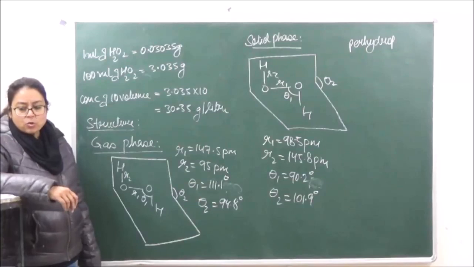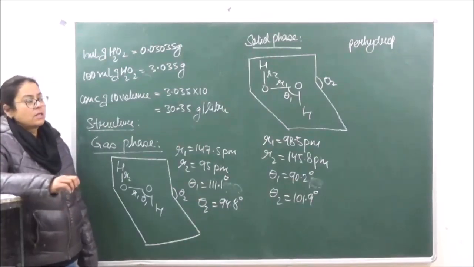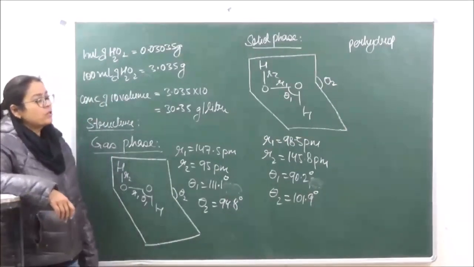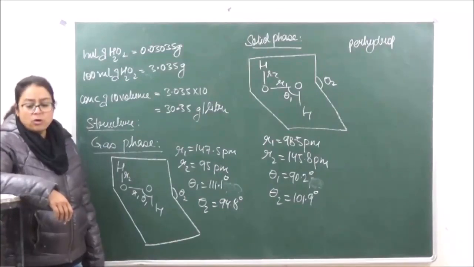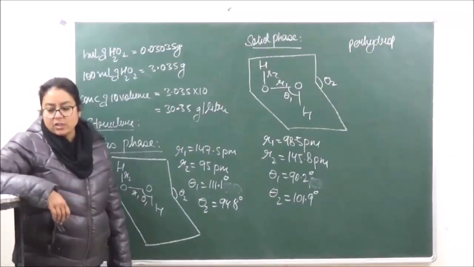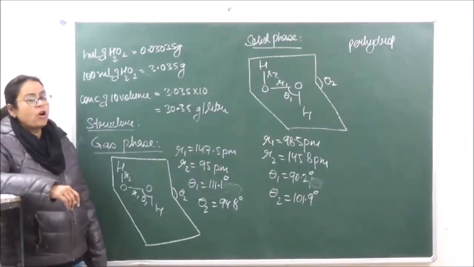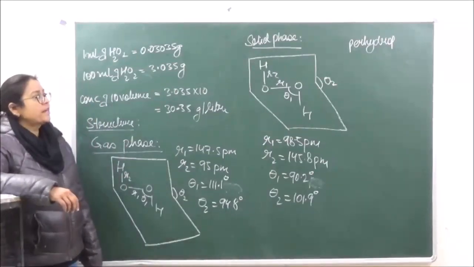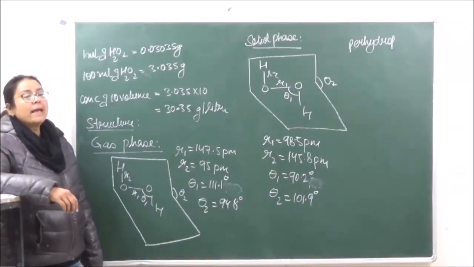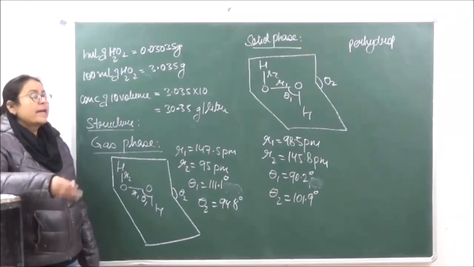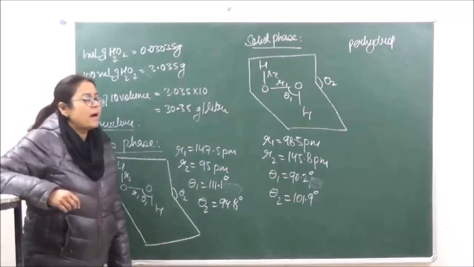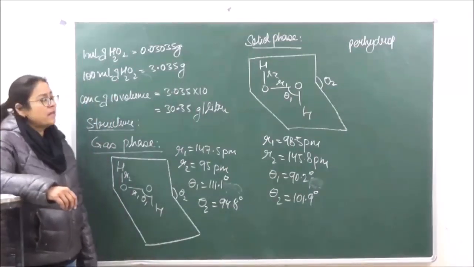Then H2O2 is used as an oxidizing agent in control of pollution. You know that hydrogen peroxide is going to dissociate giving oxygen. So in case of pollution it is used as an oxidizing agent. Then it is also used for restoring color of old paintings. There are many old historical paintings which have lost their color. So applying a thin film of hydrogen peroxide on them can restore the original color. Okay. And then finally it is used in the detection of titanium, vanadium and chromium ions in their respective salts.